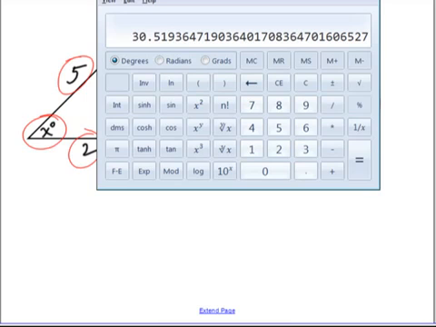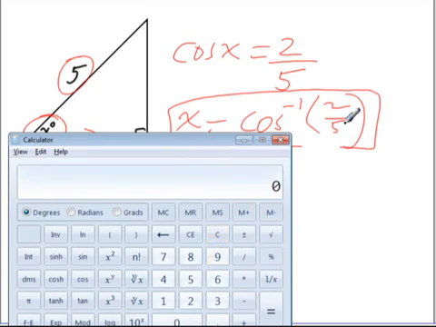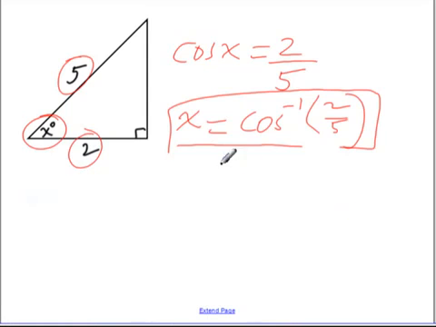Okay, so I'm going to go to the calculator, and I'm going to do the inverse cosine. Again, make sure you know how to do this on your calculator. Ask me if you're not sure. So the inverse cosine of 2/5. So 2/5 is 0.4. The inverse cosine, and I see it's 66.4. And with angles, I usually round to the nearest degree. So let's round that to the nearest degree, which is 66 degrees. So x is 66 degrees. And that's how you do an inverse